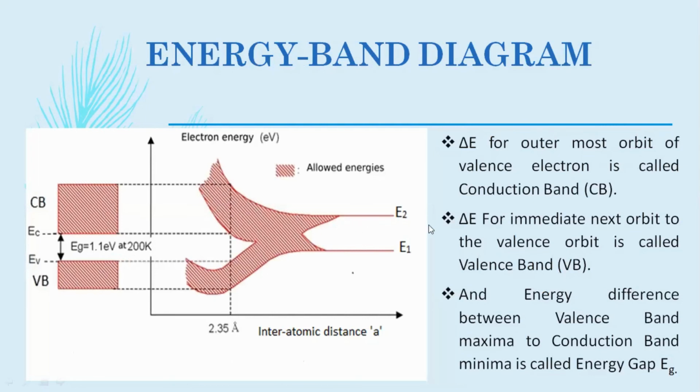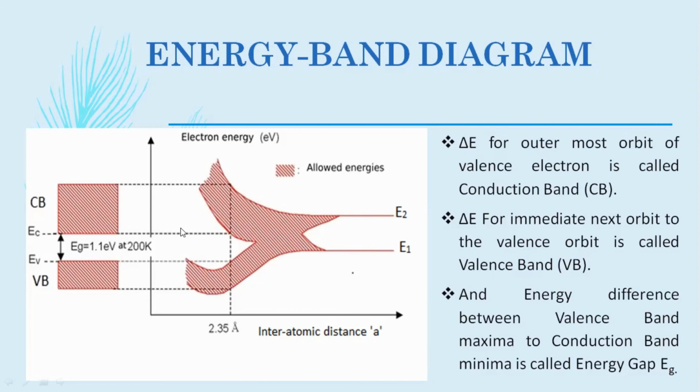Look here, E2 is the outermost orbit's orbital energy, and E1 is the just inner orbit's orbital energy. Now as this interatomic distance gets reduced,